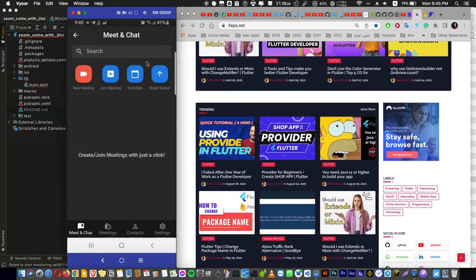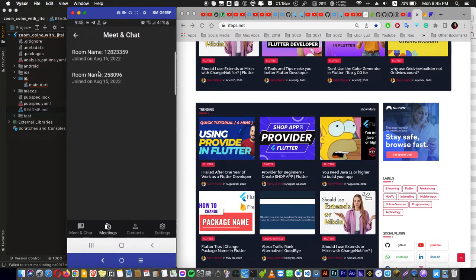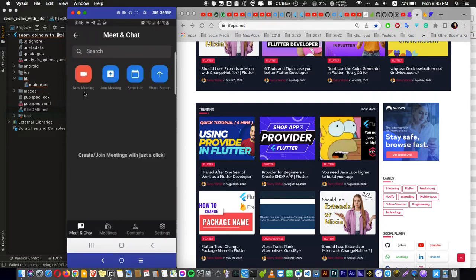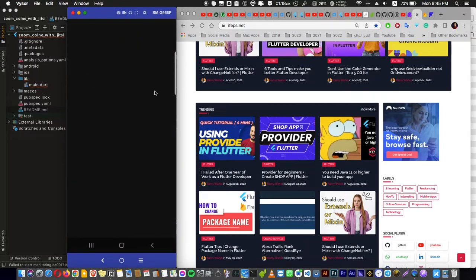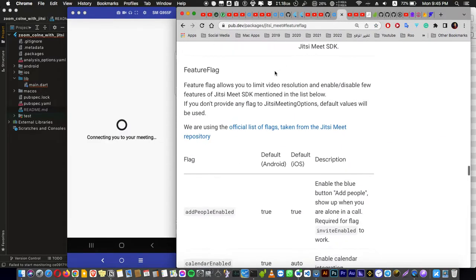We are going to use this widget here and these cool buttons and this bottom navigation bar here, which is going to allow us to show our meeting history and the contacts and settings, which is going to log us out. And all of that is easy, so we will focus on creating a new meeting with this cool package